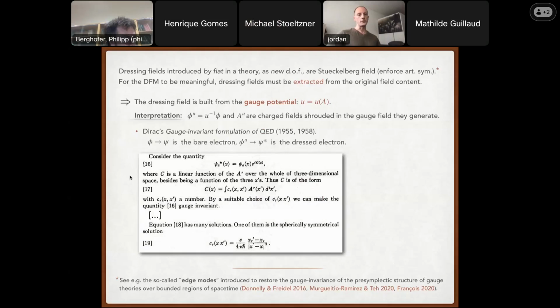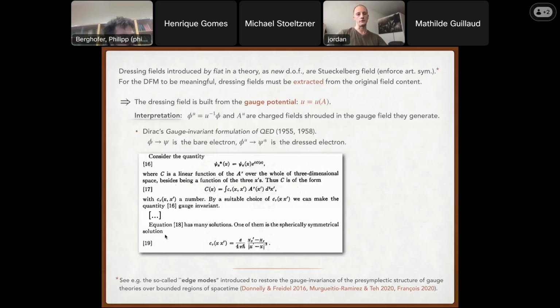For example, we see here equation 16, so here is the dressing, and the dressing field U is simply this phase factor here, the Dirac phase, and it is indeed clearly a non-local object. You see it is an integral, it depends on at least 2 points. So it is a non-local object,